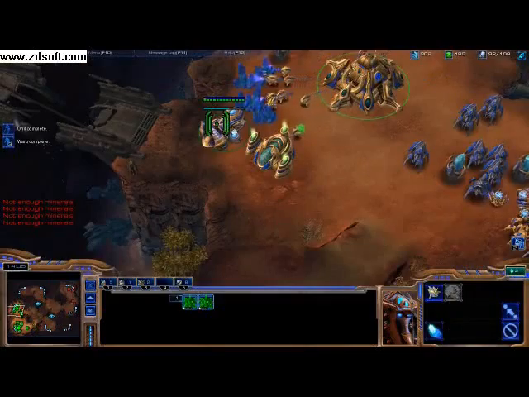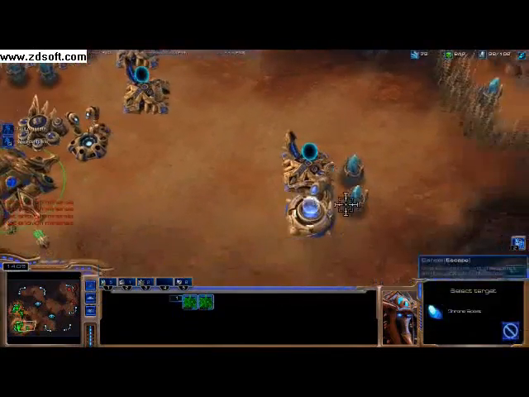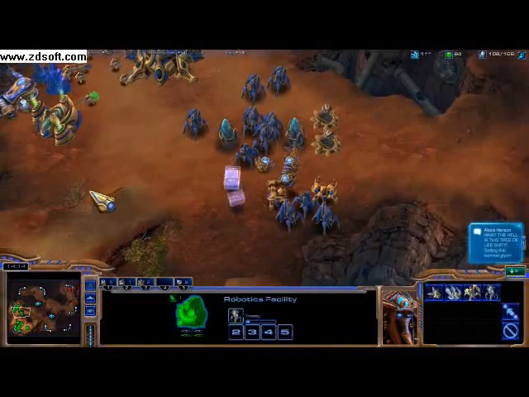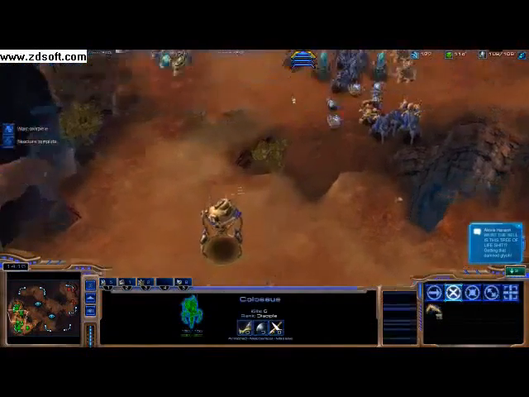Also because most of your forces will be at your natural, so chrono boosting out weapons 1, getting Colossus and Colossus range, getting out a couple more stalkers, and